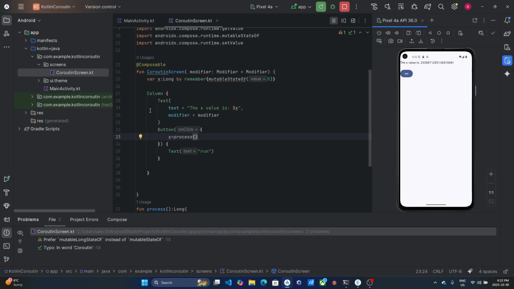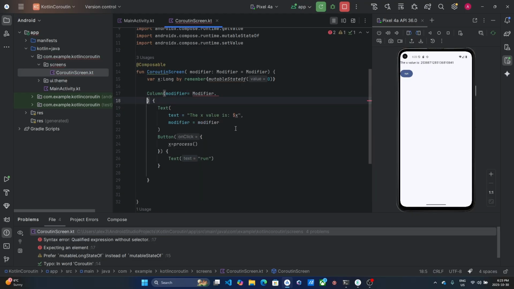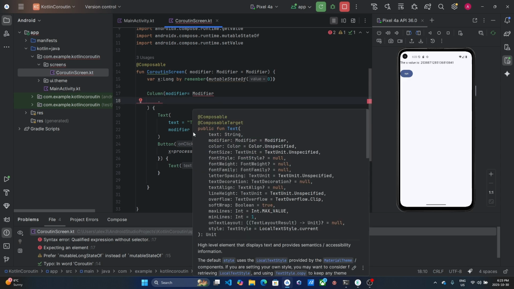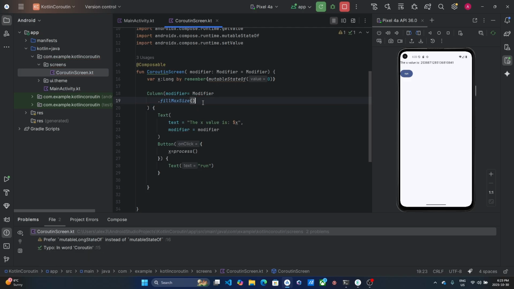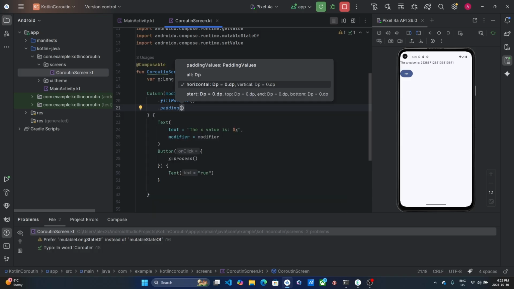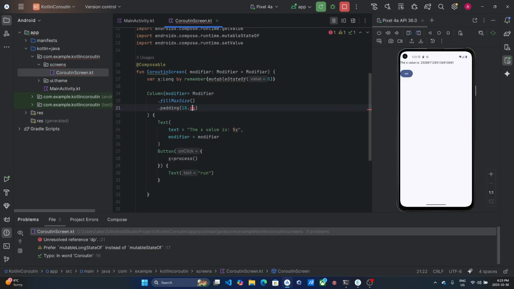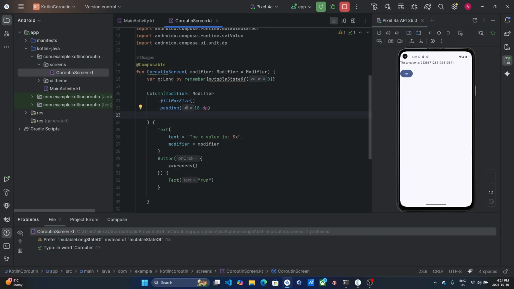And let's make this a column. So we have text and a button. Let's make the UI more scrollable. To make the column scrollable, we just say modifier equal to Modifier. First it will fill max size, second it has a padding of 16 dp. And then we say we want a vertical scroll,